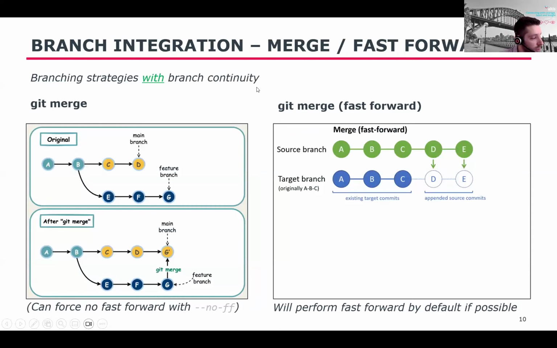Okay, so next I'll talk about branch integrations. This relates particularly to pull requests, how you integrate your feature branches back into your main branch. There are two types of integrations I would call out. One is where you're maintaining continuity with your branch, and another, which I'll show next slide, is when you're breaking continuity. So git merge is probably the most common,